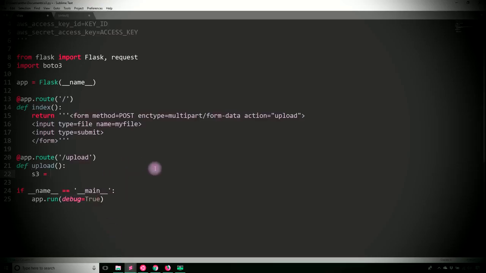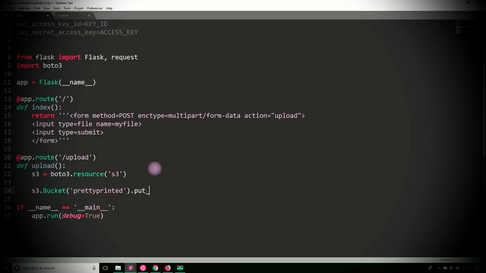So S3 and then boto3.resource. I'm looking for the S3 resource. And then what I'm going to do is simply use S3 to put something in my bucket. My bucket is called Pretty Printed. And I'm going to put object. So put object, and then the name of this object will be